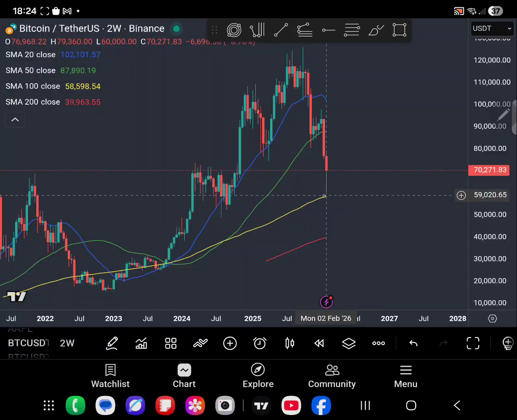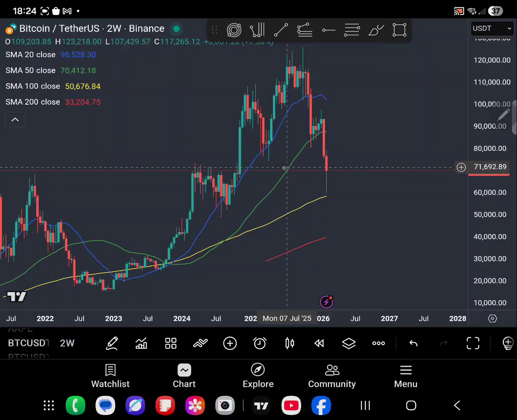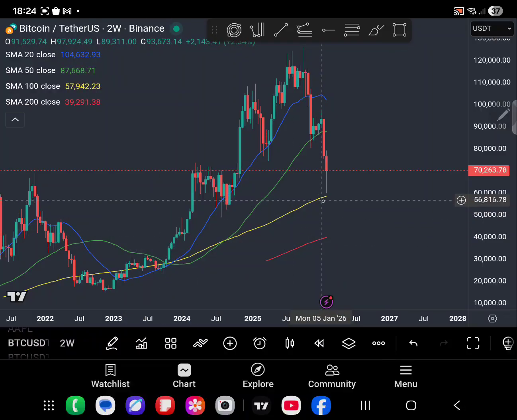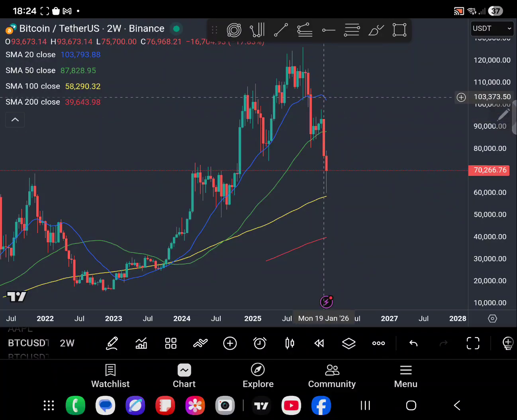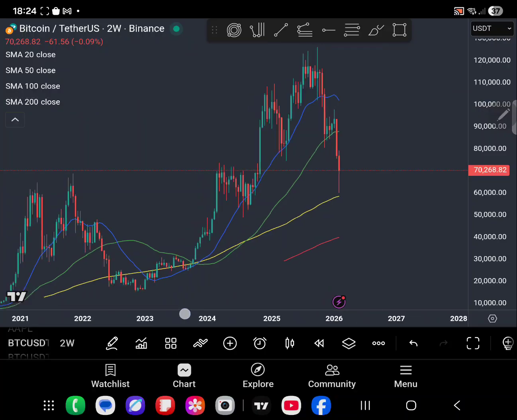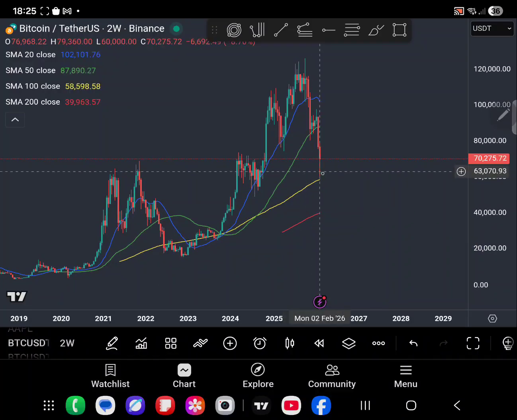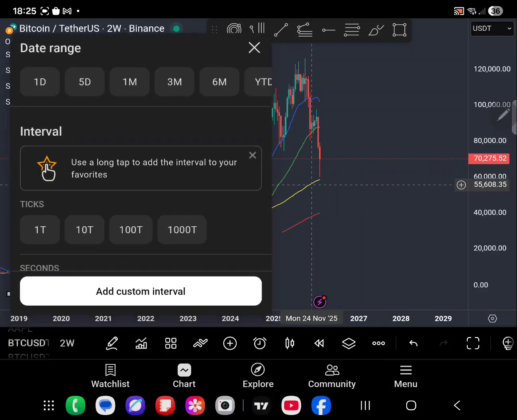What does that mean? Well, the way it's calculated, it's the previous 100 bars, the 100 candlesticks, these are called candlesticks. So the previous 100 candlesticks, this is the average of 100. And this one is the average of 200. And this is the average of 50. And this is the average of 20. And obviously, moving through the different time frames, it will look different. And this shows you good support levels. It gives you a good indication of